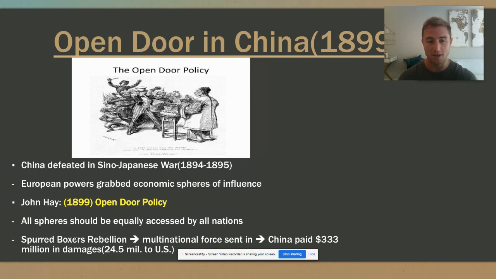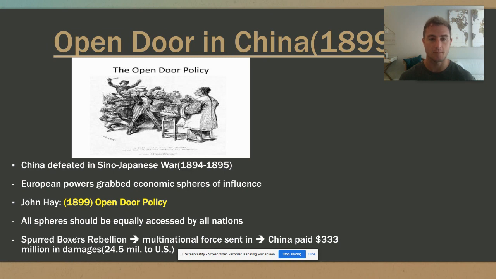And while many European nations are unhappy about this, Europe is quite distracted with its own militarism in Western Europe itself, with Kaiser Wilhelm, etc. Nobody really directly challenges this. And so US manufacturers and farmers get a huge economic bonus by being able to export their goods to China tax-free. Of course, the Chinese are very unhappy about this, and this is the end of the Qing dynasty